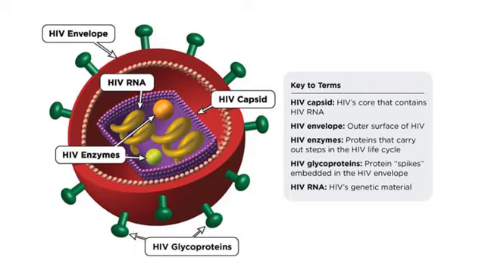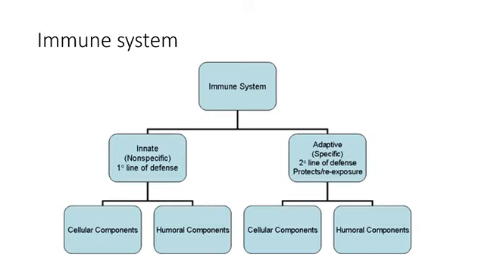And then it's pointing out the HIV enzymes, which are the reverse transcriptase. Now, we need to go back to the immune system for just a moment. Remember, this is human immunodeficiency virus, and immuno means immune, and deficiency means lack of. So if we look at our immune system that we talked about earlier, we have the immune system, and then